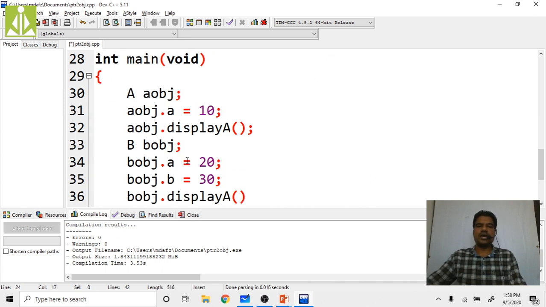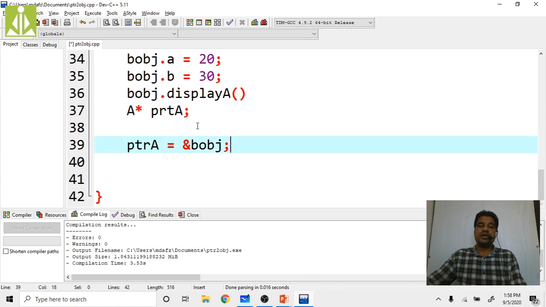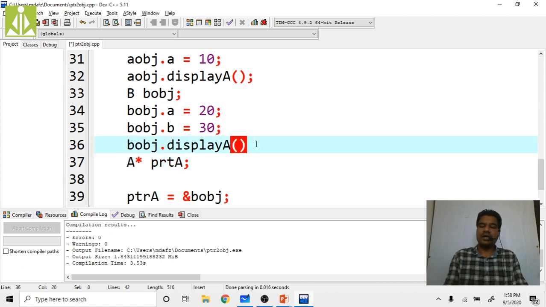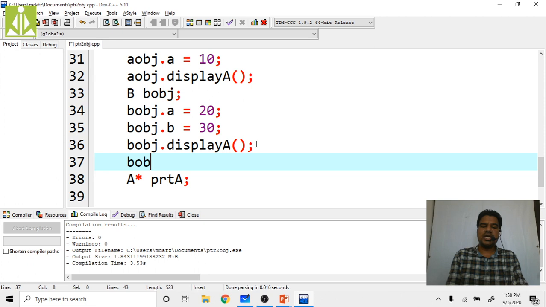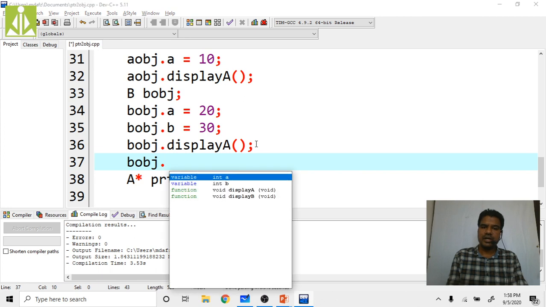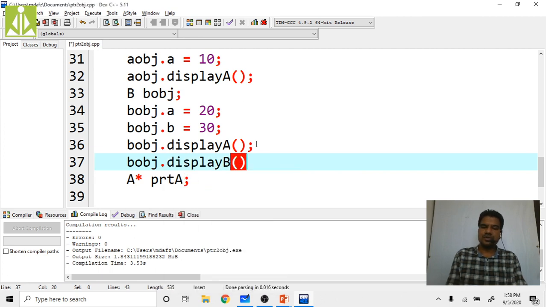Then BOBJ dot display B. This will print the value of A from BOBJ, and this will print the value of B from BOBJ.